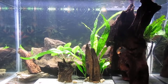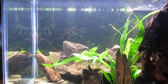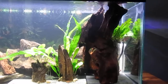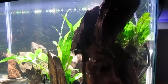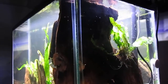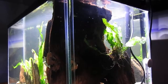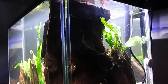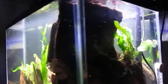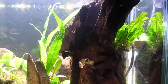And this is my planted 10-gallon. I purchased a new 10-gallon and a backdrop, and also a large mounted piece of driftwood. And when I traded the 12 Colombian tetra and purchased the driftwood, the manager in the pet store was nice enough to give me a few Java fern that he had in a cichlid tank, so it's very beat up, but I'm hoping that it will make a comeback and thrive. So I've attached it to this mounted driftwood that I purchased with black thread,